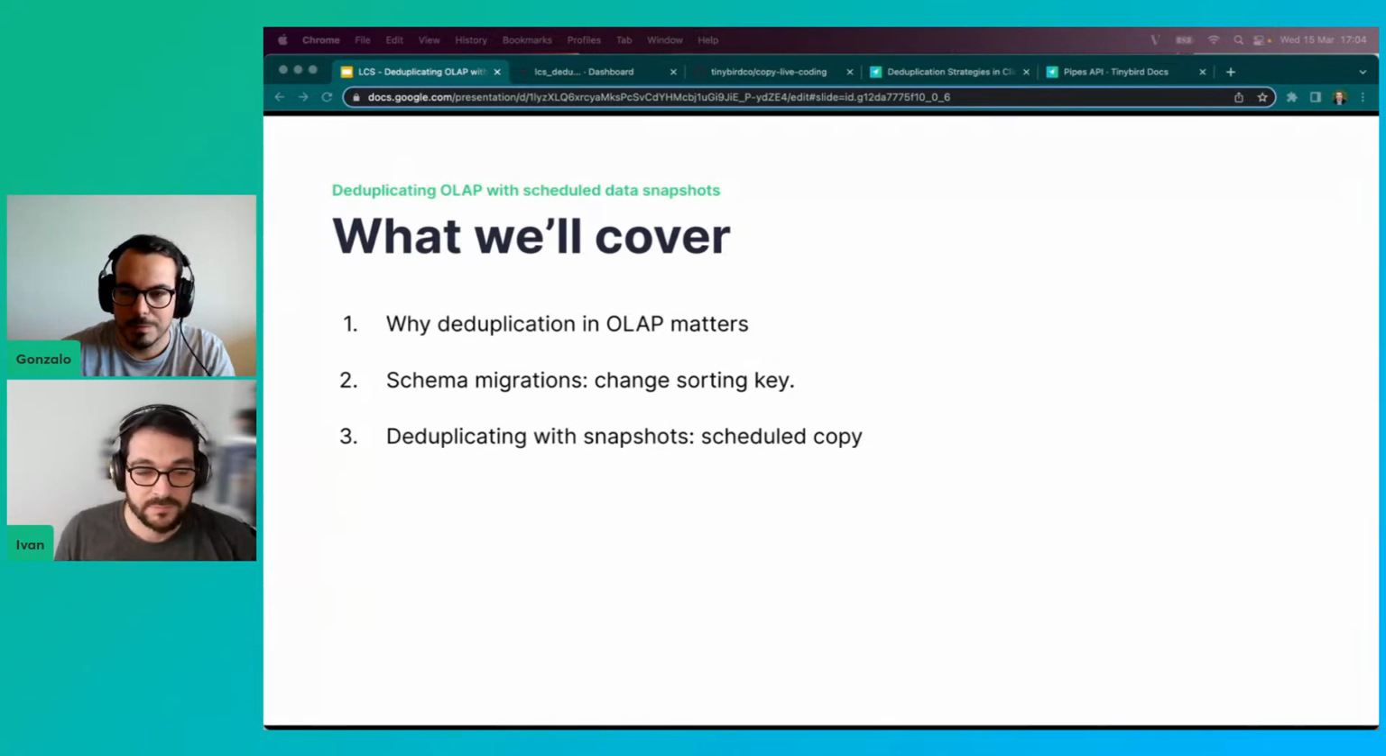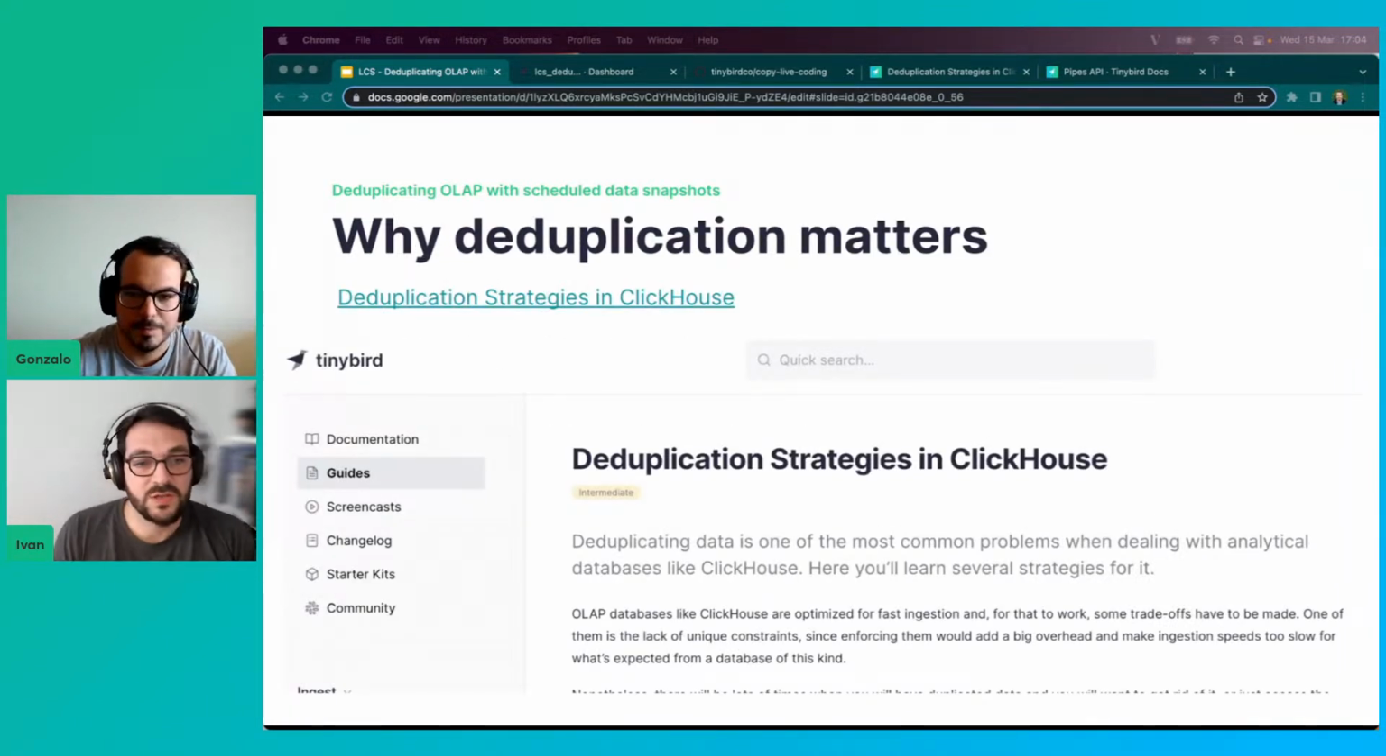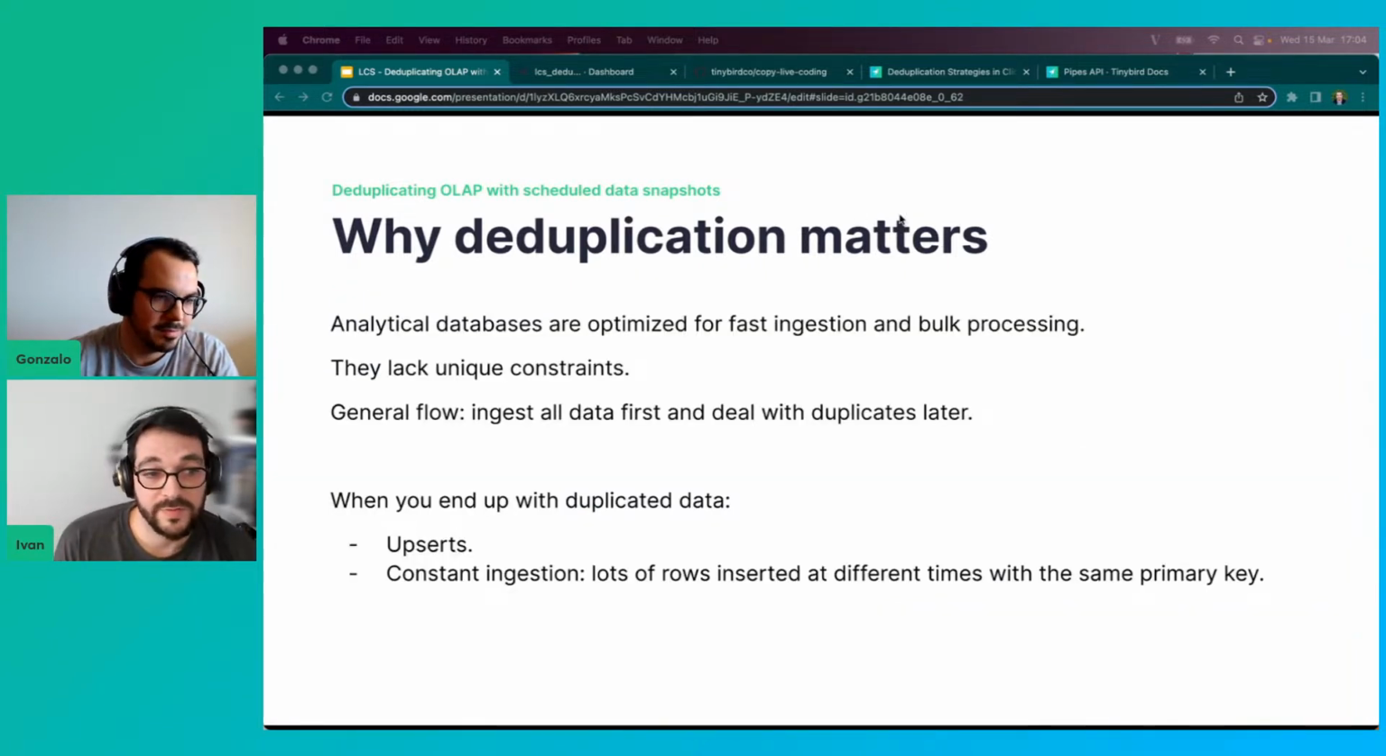Hope so. So why does deduplication matter? First of all, if you are here because you are interested in how to deduplicate in ClickHouse, ClickHouse is the database that we use in Tinybird. We have an in-depth guide at tinybird.co/guides around deduplication strategy. This is one of our most visited guides, so it's a hot topic. And now to give you a summary on that article,